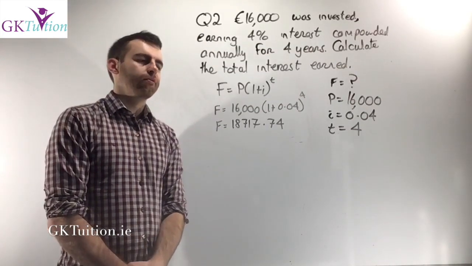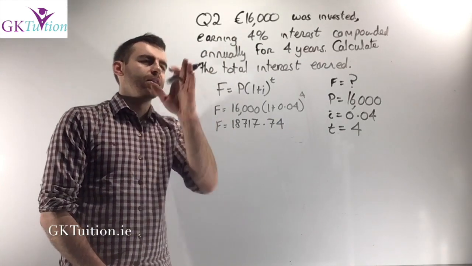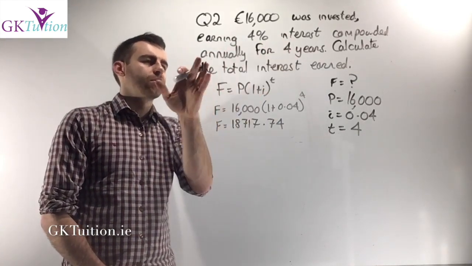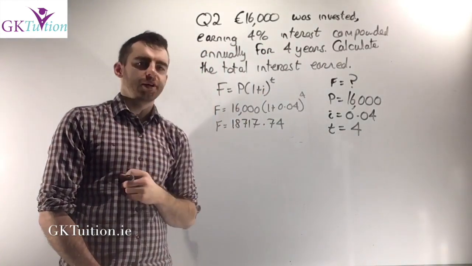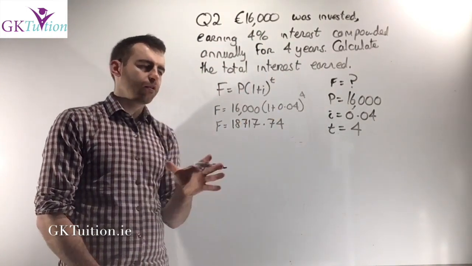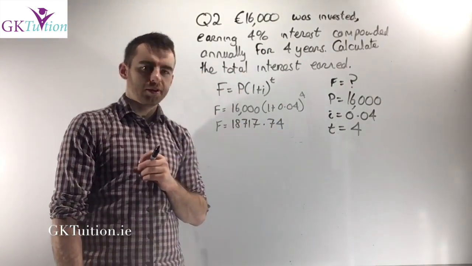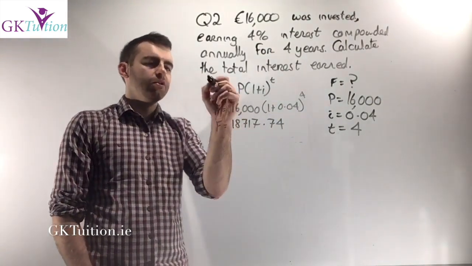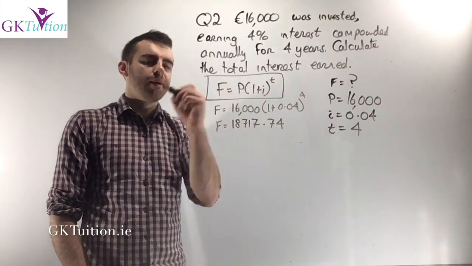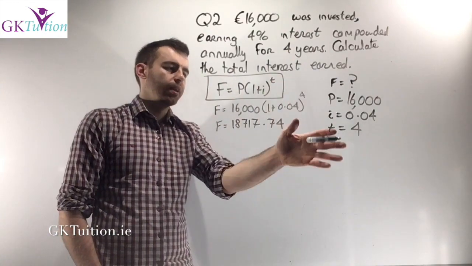Question 2 was quite straightforward. Question 2 says that €16,000 was invested, earning 4% interest compounded annually for 4 years. Calculate the total interest earned. So I haven't quite finished it off, but I've started this question. First of all, it's compound interest, which tells me that I can use the formula on page 30 in my maths tables. The first thing you should always do is write out your formula and write out the information you've